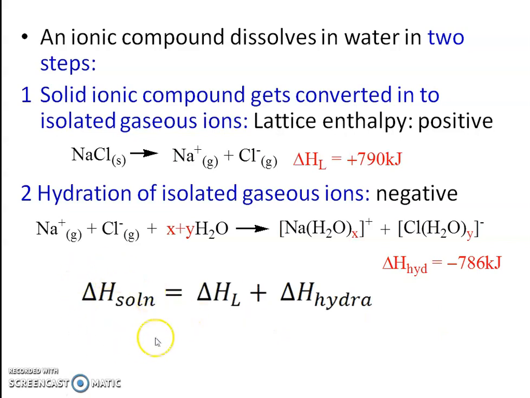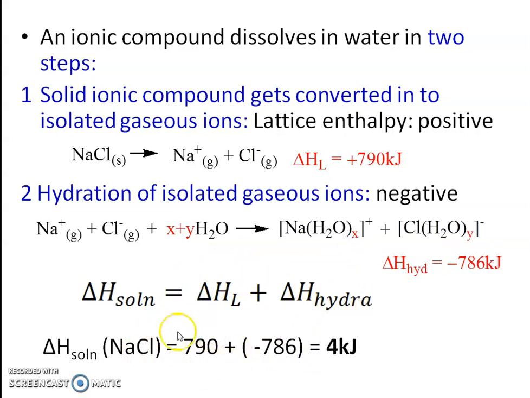For example, the enthalpy of solution for NaCl is equal to lattice enthalpy plus enthalpy of hydration. So for NaCl, lattice enthalpy is positive and it is 790 kilojoule per mole, and hydration enthalpy is negative, minus 786. When we take the sum of these two values, the enthalpy of solution for NaCl is 4 kilojoule per mole. So always keep in mind, the enthalpy of solution for any solute is the sum of lattice enthalpy and